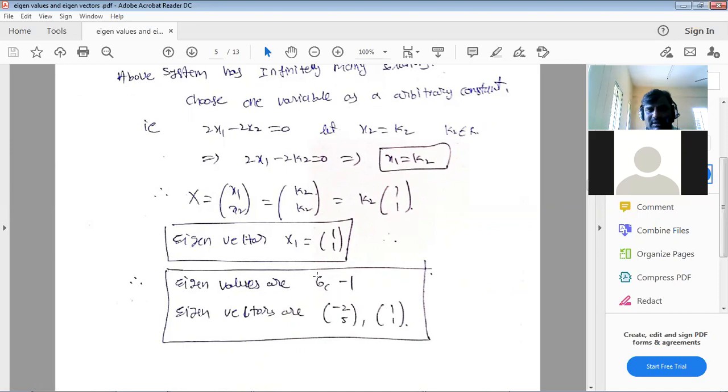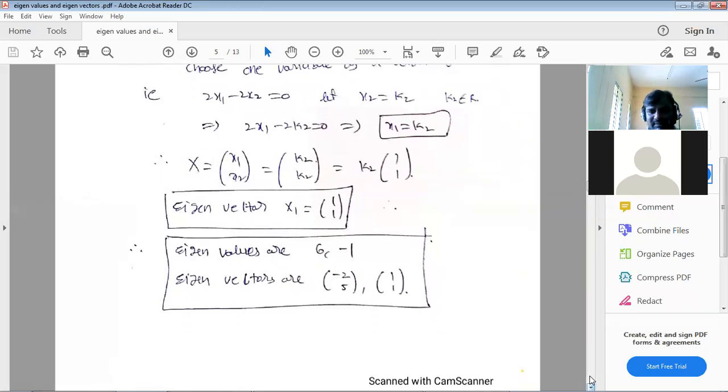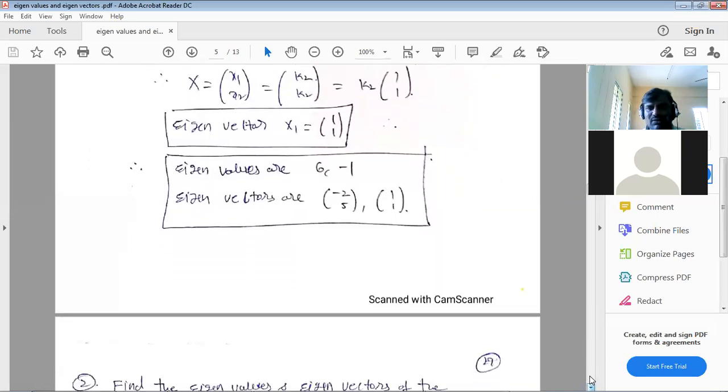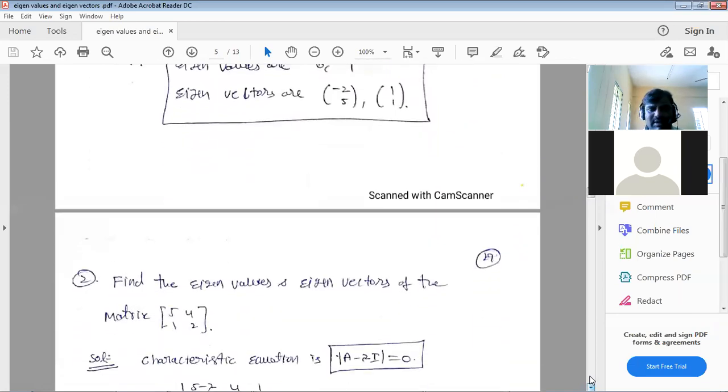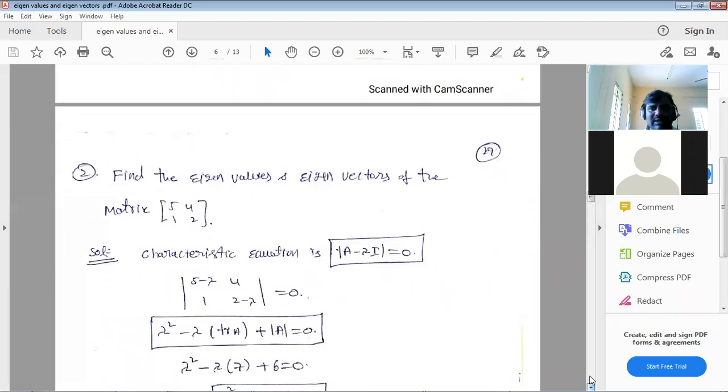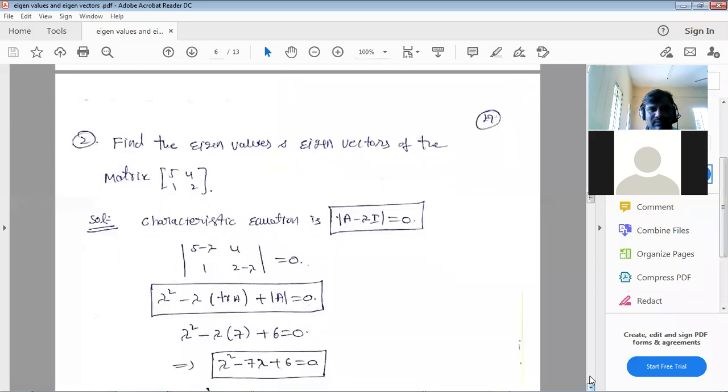But in this semester, this year, we don't have it, but you have to keep it in mind. This is the way of finding the eigenvalues and eigenvectors. Now, next you have to calculate one more problem. It is best to go through this 2 by 2 example. Next class I will go to 3 by 3 order problems. The matrix is (5, 4; 1, 2). You have to find the eigenvalues and eigenvectors of the given matrix.